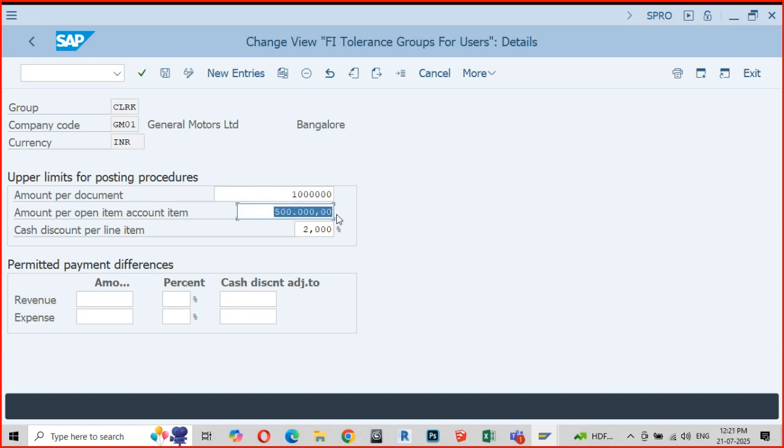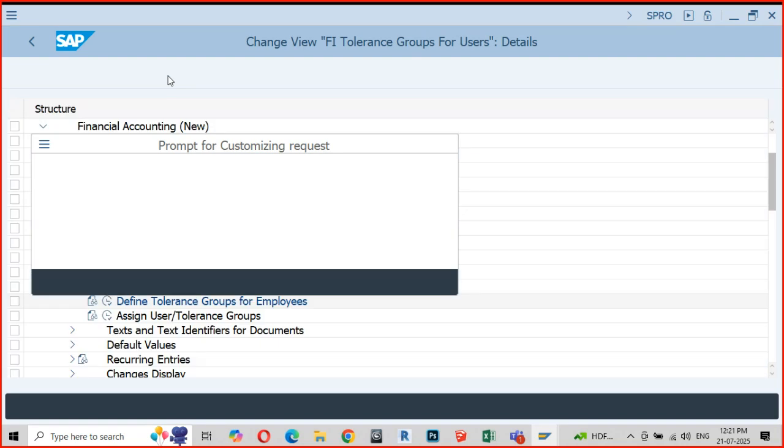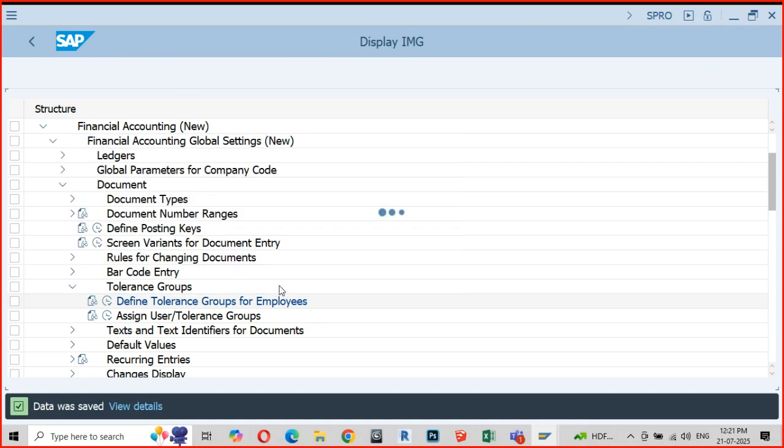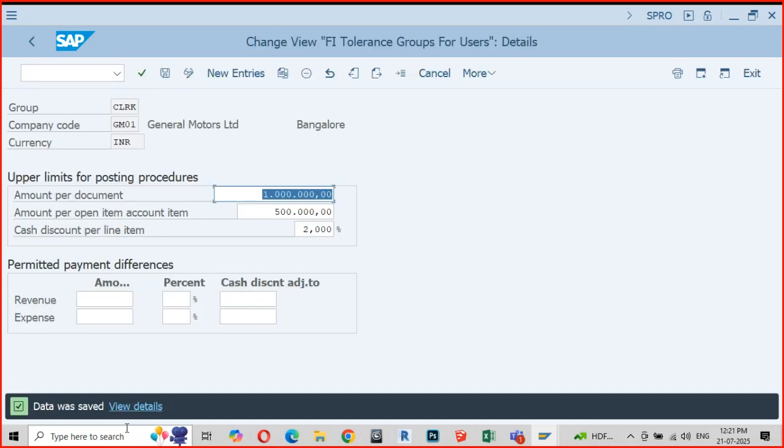Some requirement. So here, what have I done? I have created a clerical tolerance group, which says the restricted amount for this particular group is 10 lakhs. It is enough if you remember that, no problem. Data was saved. Clear?